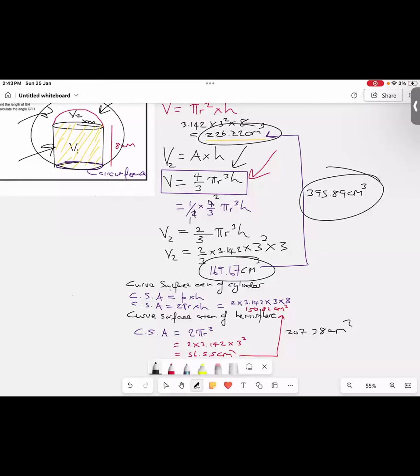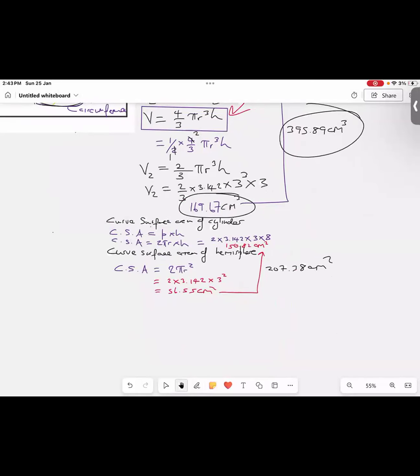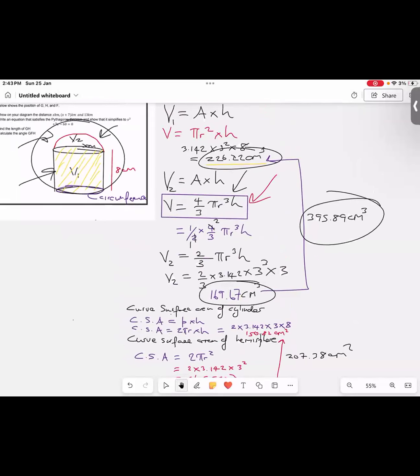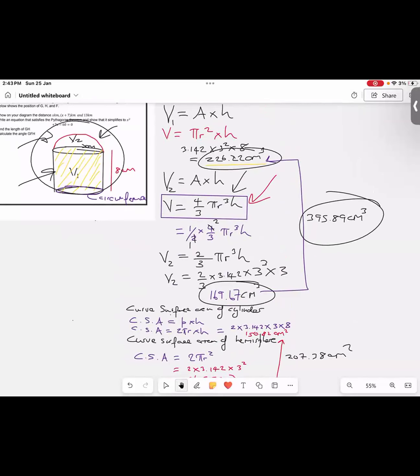Okay, sir. Forgive me, sir. V2 equals A times H. A is what? I'm just looking at the volume section. You said V2. V2 is going to be the volume of the hemisphere, right, sir. But what is A? Area? Oh yeah, area of the base. So area times hemisphere height. Height, correct. Right. Okay. All right, sir. Thanks.